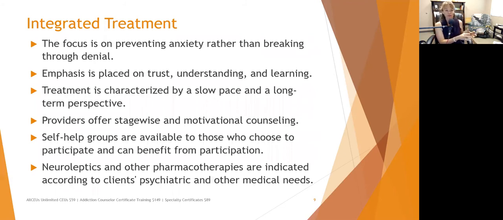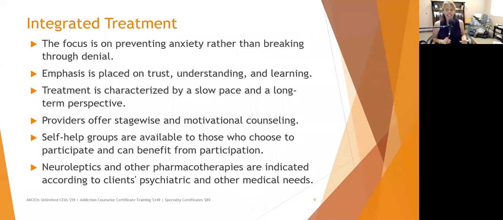contemplation or preparation. So they're not really even interested in working anymore. They're thinking, you know what, maybe my problem wasn't so bad. I think I can probably handle it on my own. So we need to provide motivational counseling to help them recognize what they need in order to stay clean and